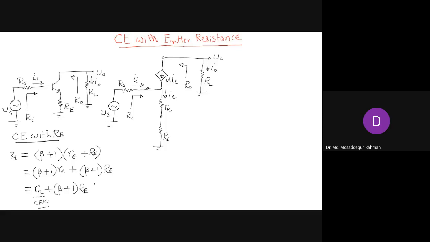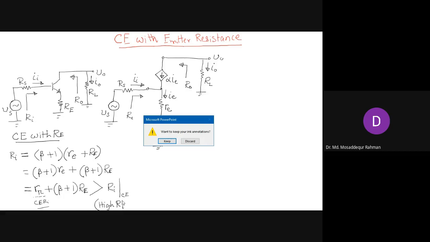So what we can see is that it increases the input resistance. When you add an emitter resistance, the input resistance increases above that of the common emitter amplifier. Common emitter amplifier input resistance is only R pi, and here it increases by this amount, beta plus 1 RE. So we get a high input resistance. That is one feature, that common emitter with emitter resistance will have high input resistance, unlike that we have for